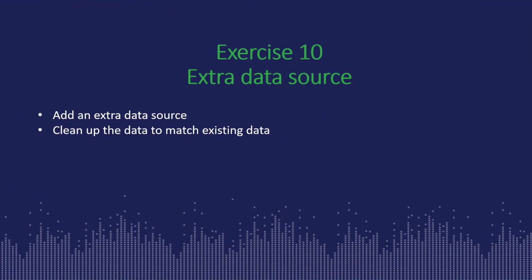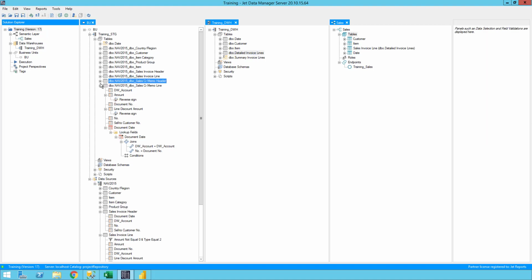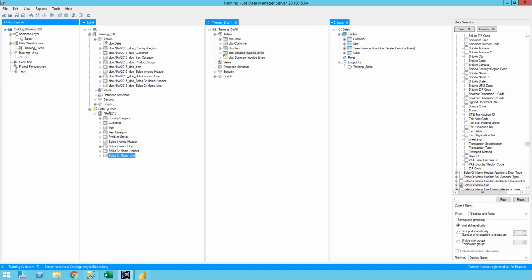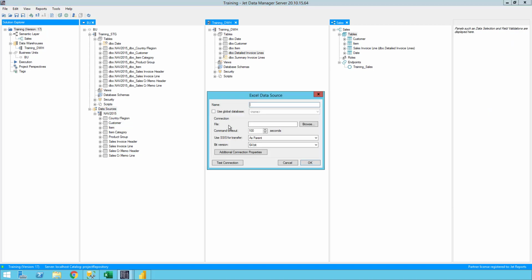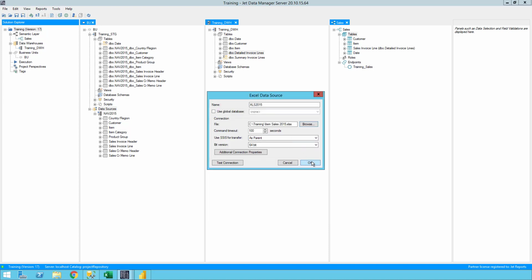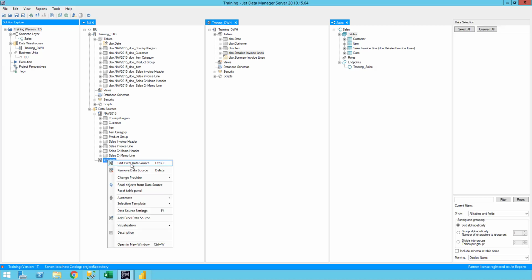In the second to last exercise, we are going to add a secondary data source. This data source we selected is an Excel data source, which we can add by right-clicking data sources, go to data sources, and then add an Excel data source. I'm calling this one XLS 2015 because it will contain sales data of 2015. After adding the file,